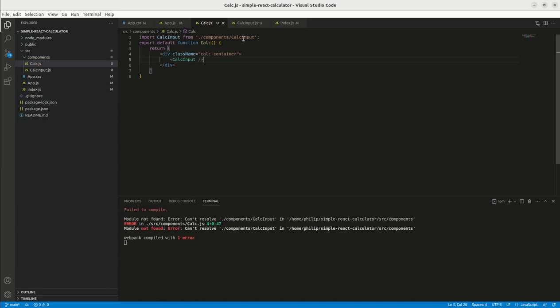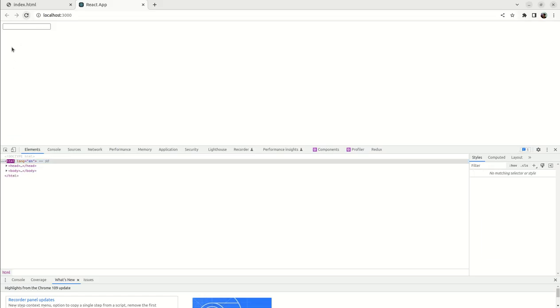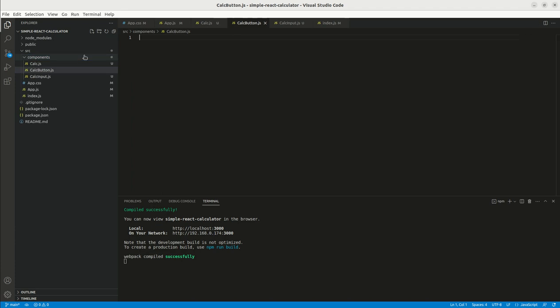Okay, can't resolve. No problem. It's gonna try to import again calc input. Okay, save. Then it's here now. So now what we need to do is to add the button components. We're gonna call button.js, and here I'm going to export default, then the name of your function, call button,